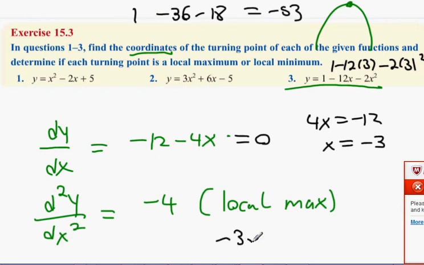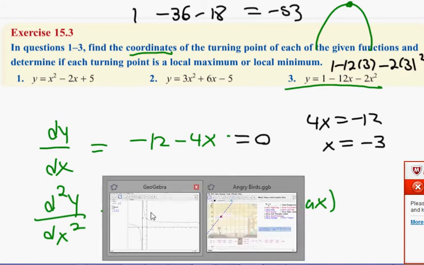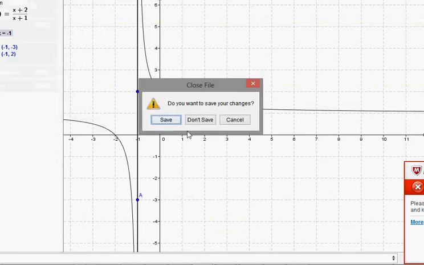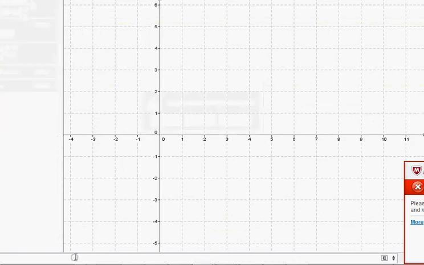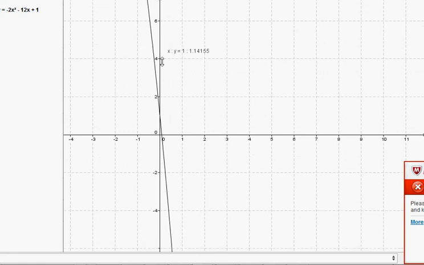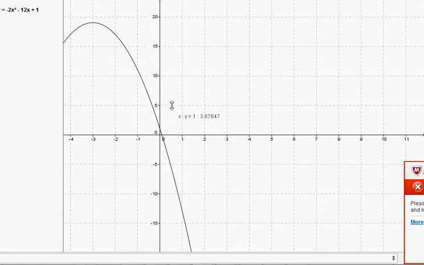Minus 3, minus 53. Will somebody call out the equation of this graph, please? Anybody? What's y equal to? 1 minus 12x, and minus 2x squared. Now, we can obviously see from drawing this graph that the coordinates of the minimum or the maximum